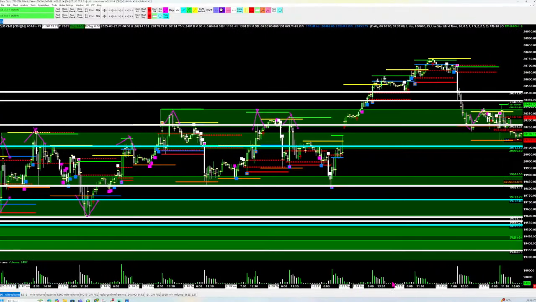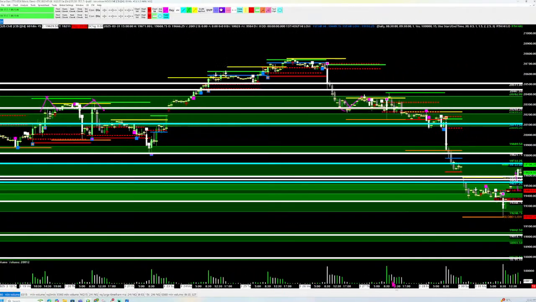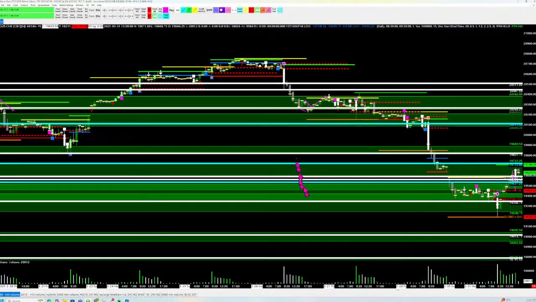So the first thing I see is I have my zone here, and my zone generally held. My next zone generally held. And they tried to hold this. This was well placed. We traded all the way through. I obviously did not get a response in this area, but I did start to get a response in this area. And again, I knew not to trade in here, which is a big deal because that's almost 100 points